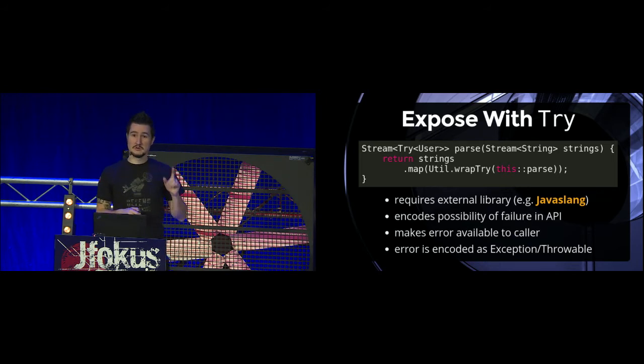By the way, you can also do this with optional. Like the earlier example, you could have returned a stream of optional, which would also have told the caller the same thing, something can go wrong. But then he has no chance to see what went wrong. Some optionals are just empty, and he doesn't know what to do. He can still fail the operation, but he has no way to recover what went wrong and which element went wrong, for example. But here you do, because you get a try which contains the exception,